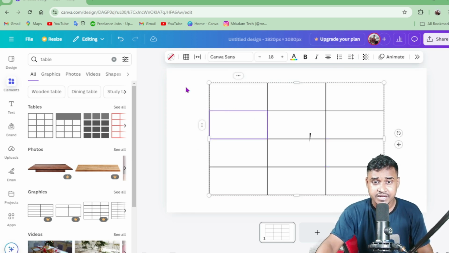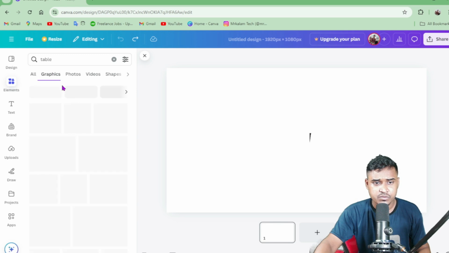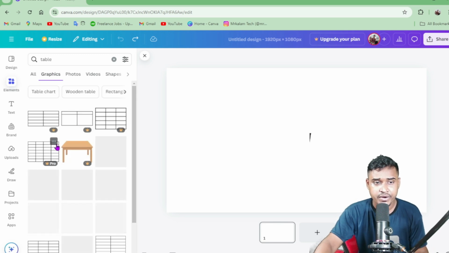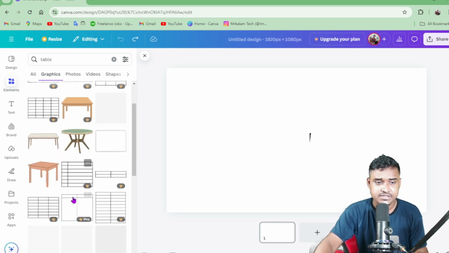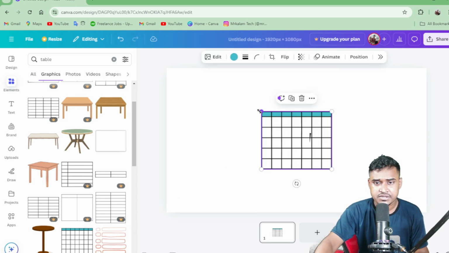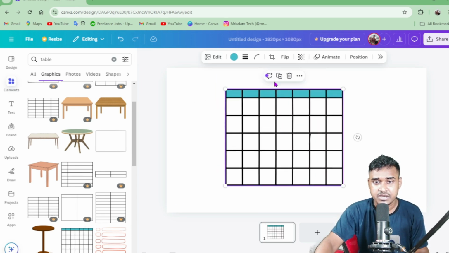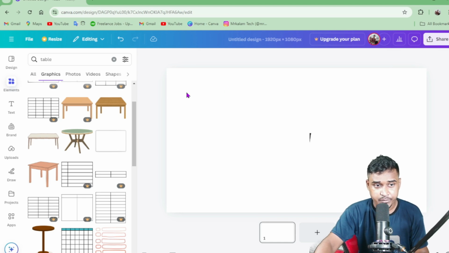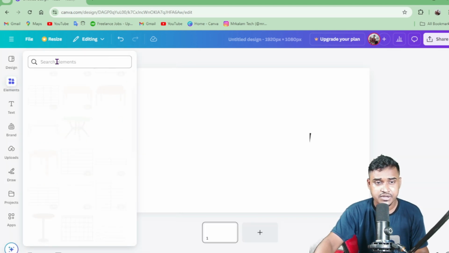So I have another way. If you want to add more rows and more columns, this is also available here. Just click on here, you can see this is available. But if you want to use a free method, just click on here, then